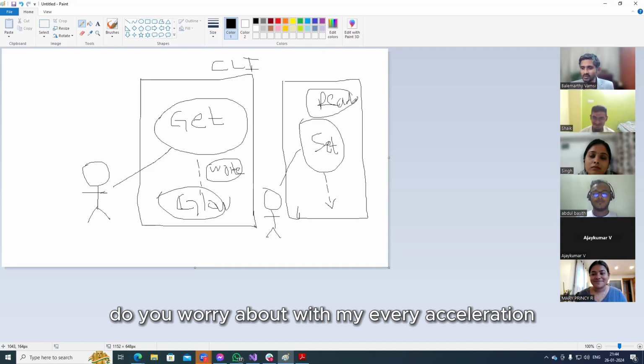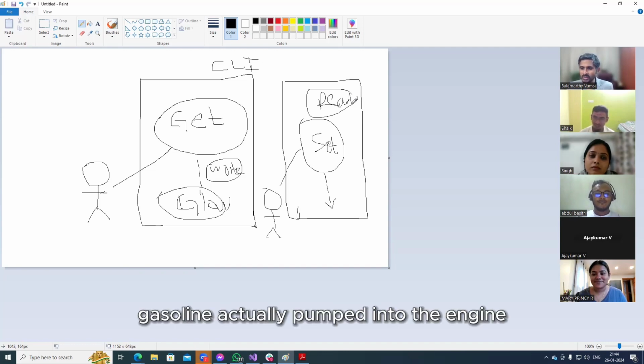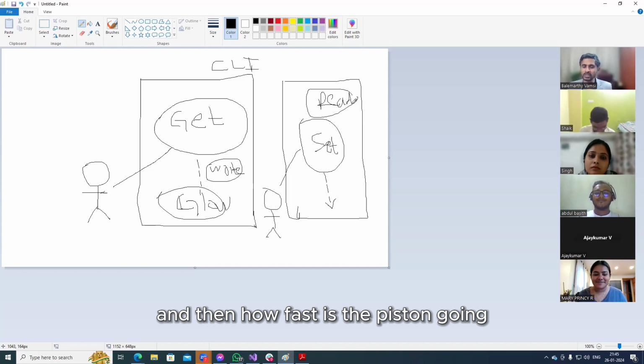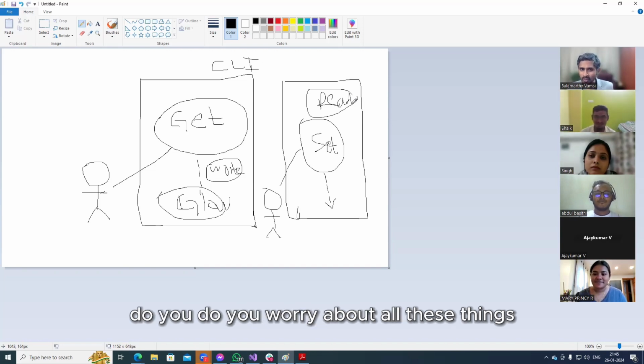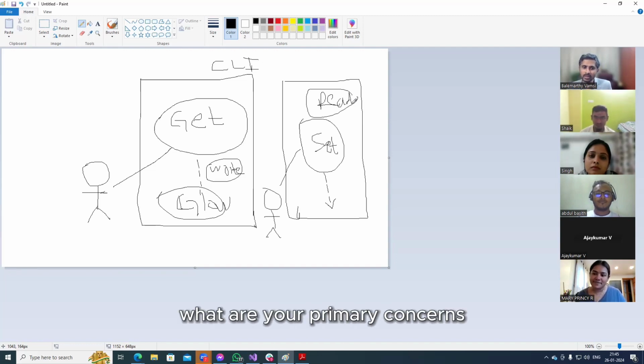Do you worry about with every acceleration how many milliliters of gasoline is actually pumped into the engine, and how fast the piston is going? Do you worry about all these things? Definitely not. So what are your primary concerns when you enter into a car?